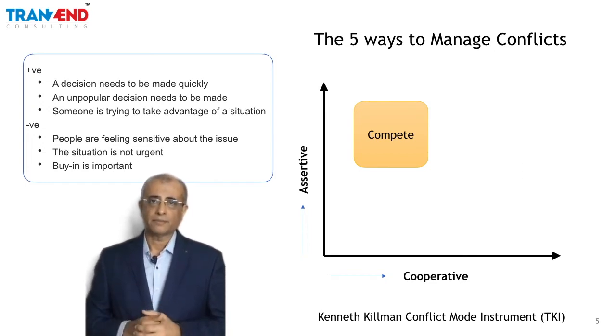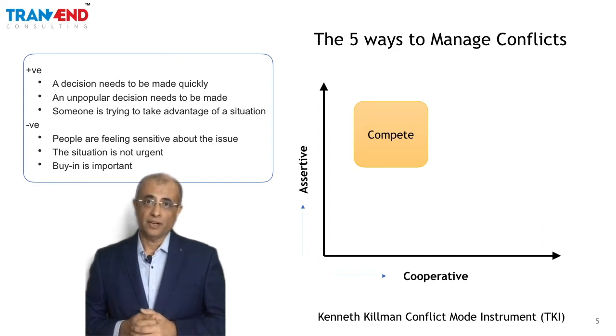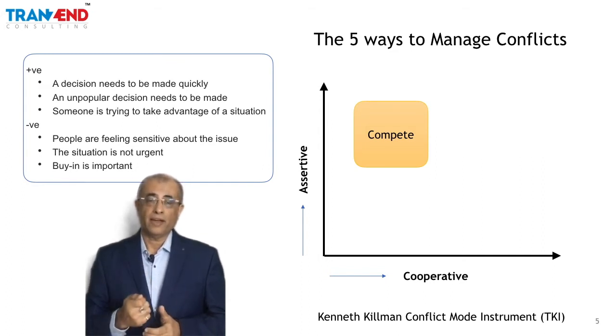Let's take a third example. Let's say somebody is trying to take advantage of a situation. There's a client on whom you are overly dependent, and the client has started asking for ridiculous discounts on your product. You know that you cannot offer those kind of discounts, and at the same time this client is someone who is important. So here you may have to be a little more assertive when you engage in a conversation with that client and push through to make him understand that this is not possible. So in this kind of conflict, you'll have to find a way to get your way done.